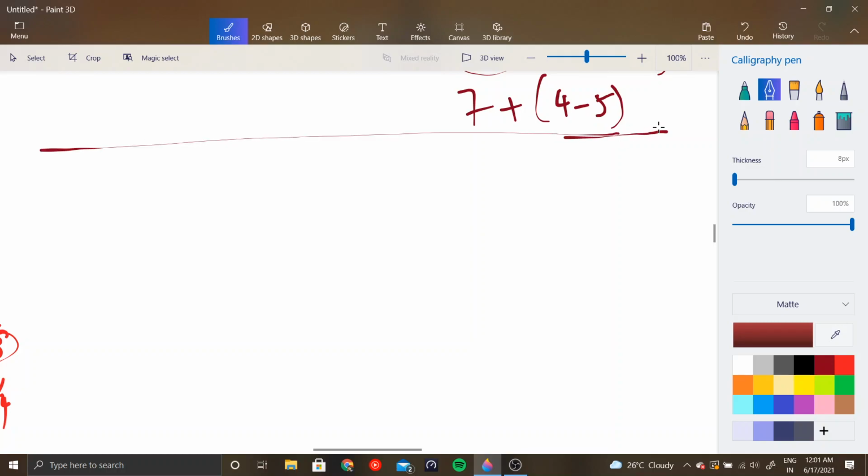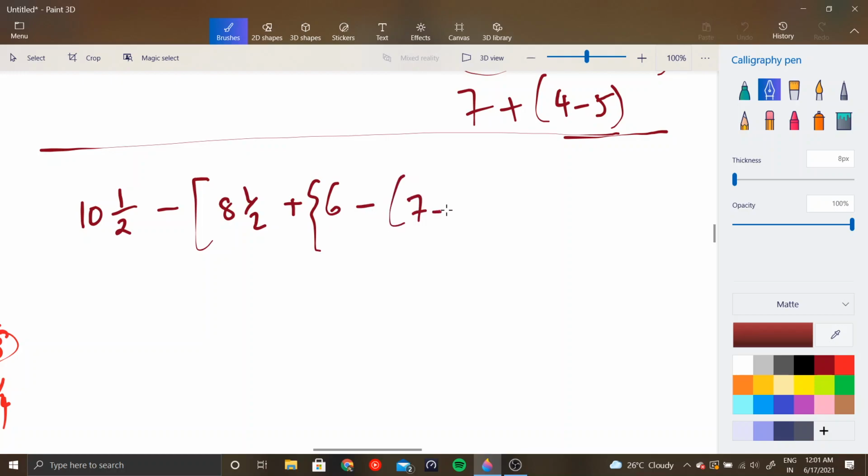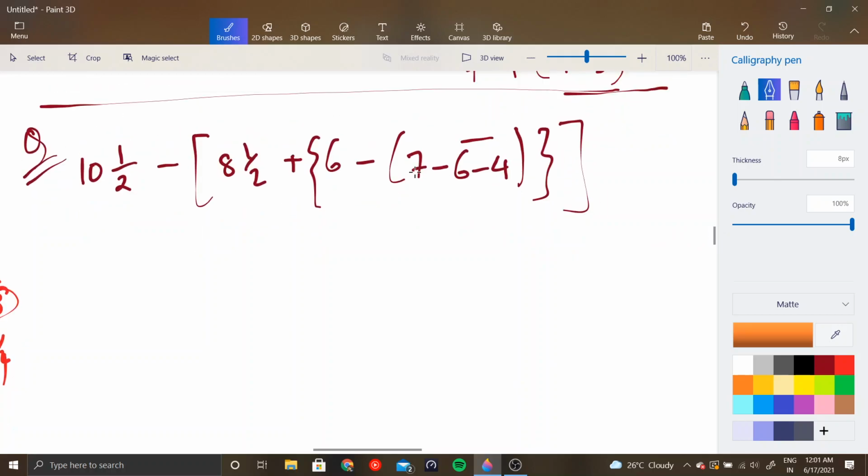So let us do one more sum with a combination, and then we'll wrap it up, right? Let us bring up all the concepts we learned so far, and put that into a question. It may seem difficult, but if you can solve it, it's well and good. Let us not complicate this any further. Yes, this is a valid question. Let me change the color for answers. Now this is your question.